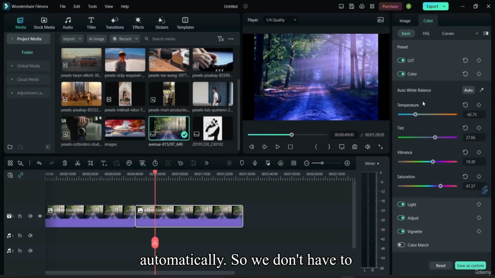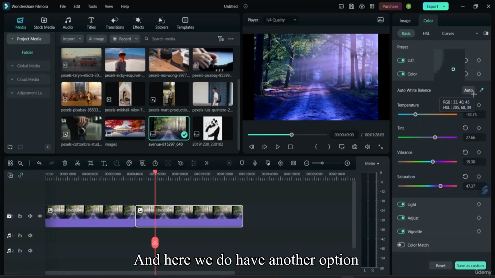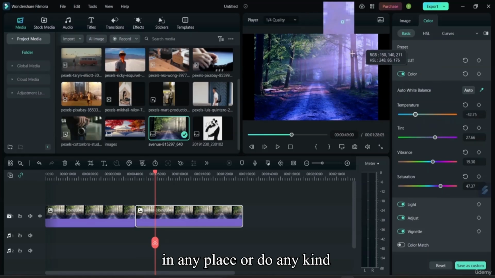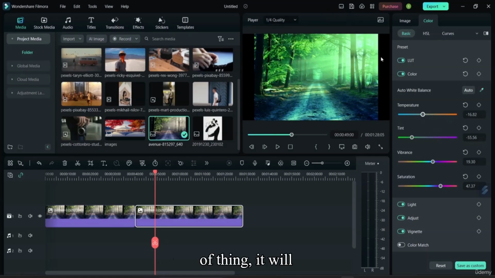So we don't have to manually work with temperature, tint, vibrance, and saturation. And here we do have another option if we want to put color in a particular place. Okay, I'll just select the auto,